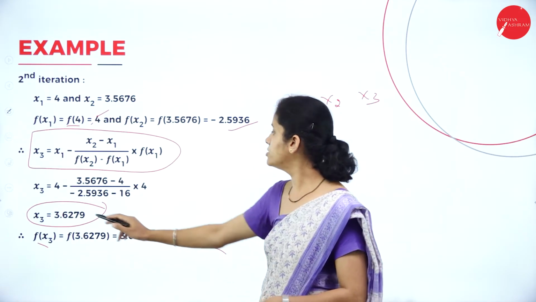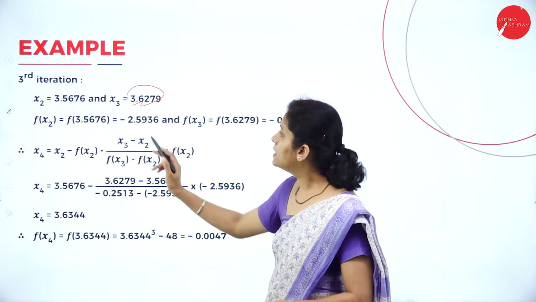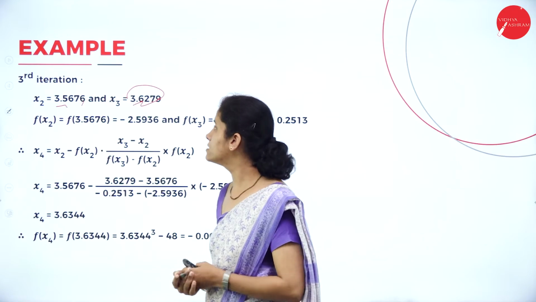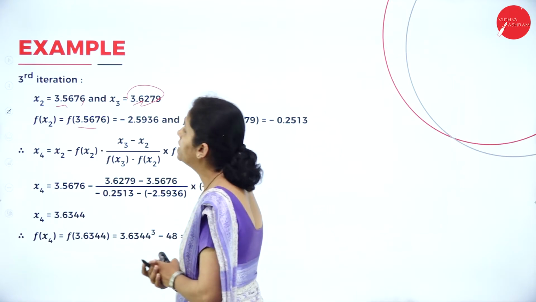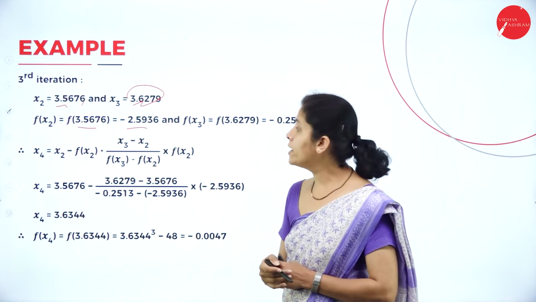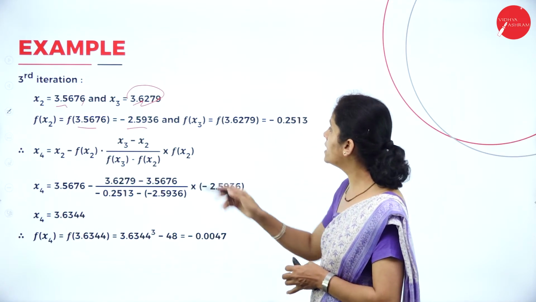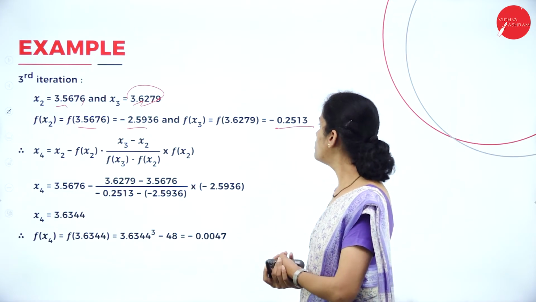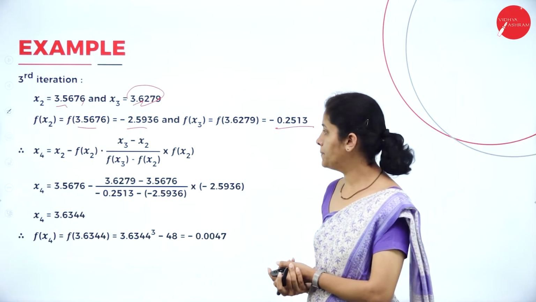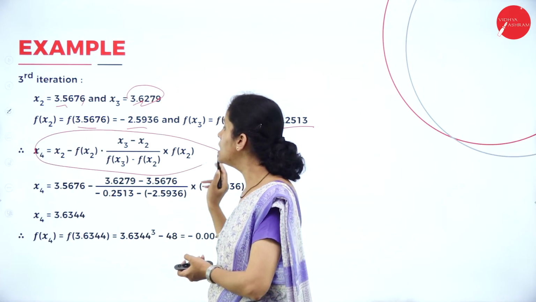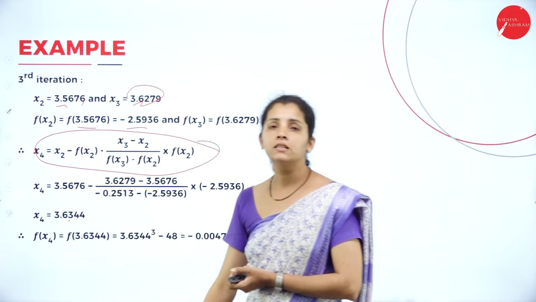Okay, now if I take f of x2, I'll get minus 2.5936. And if I take f of x3, then I'll get minus 0.2513. And when I substitute all these values in this formula, I'll get the answer